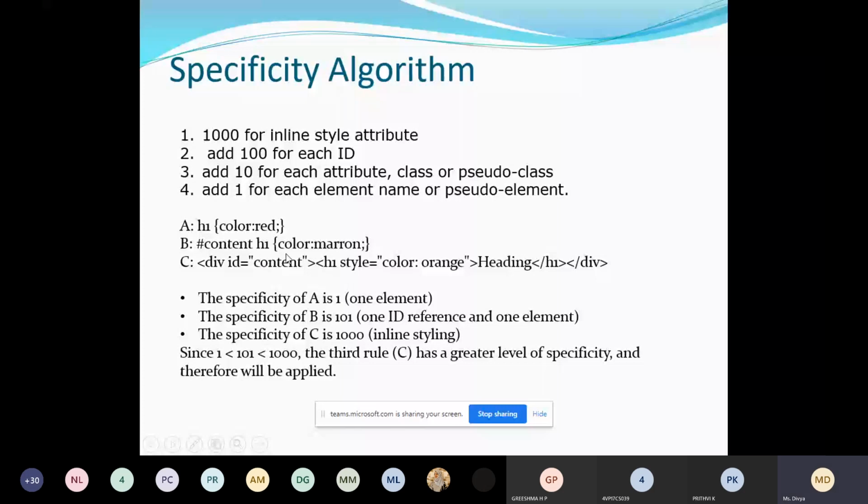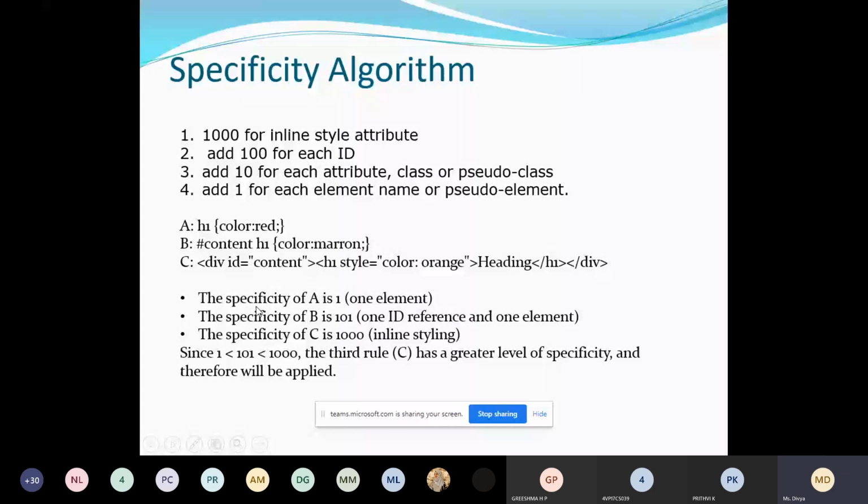Now if this is a document, I have given the H1 tag color as orange. In the same way I have used one element selector, I have given color as maroon. Similarly I have given H1 the color as red. So I have specified for the heading three colors: orange, maroon and red. Now which one should the browser select? That is a conflict, and it is resolved with the help of specificity. This is a rule used by the browser to resolve the conflict.